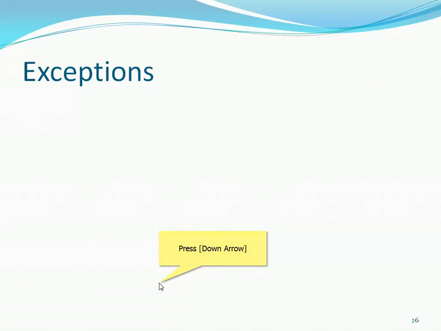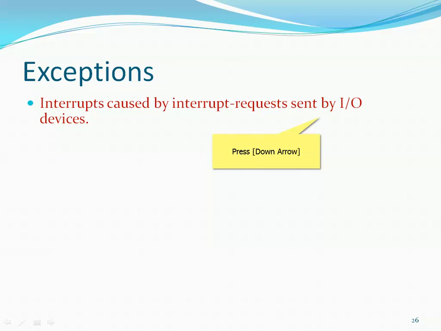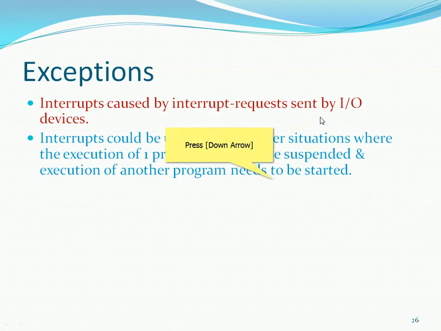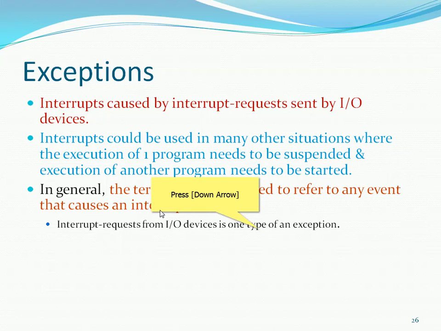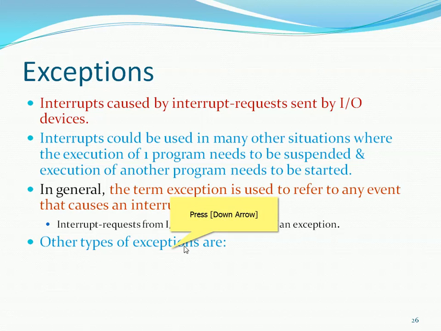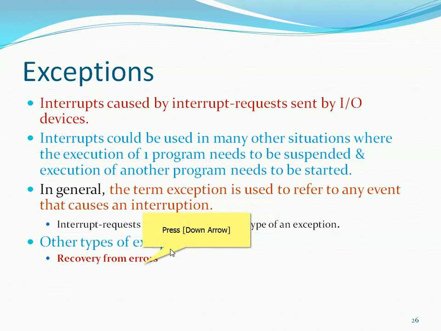One more such kind of thing is called exceptions. Interrupts are caused by interrupt requests sent by the IO devices, but this could be used in many other situations where the execution of one program needs to be suspended and execution of another program needs to start. In general, the term exception is used to refer to an event that causes an interruption. Interrupt requests from IO devices are one type of exception. Other types of exceptions are recovery from errors, division by zero, infinite loop,